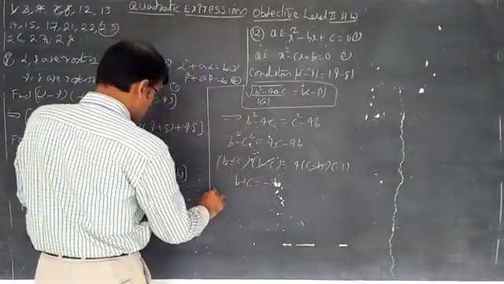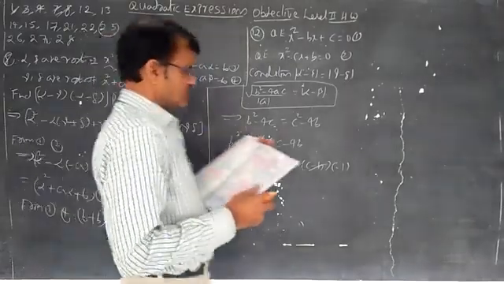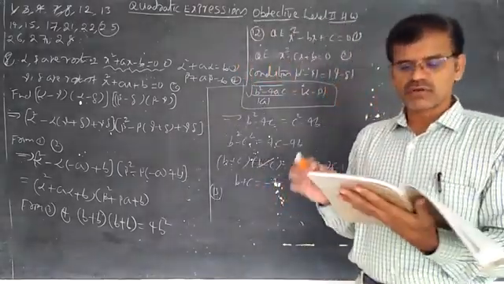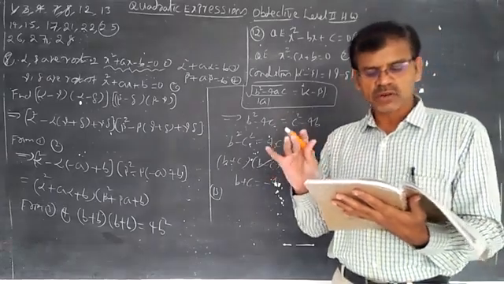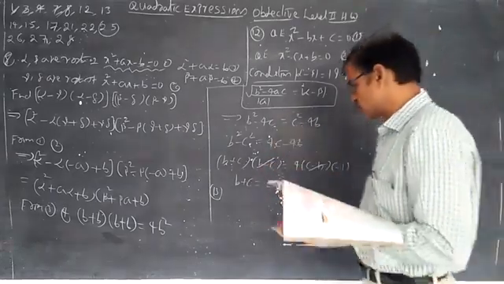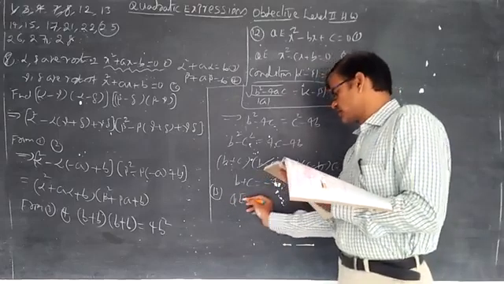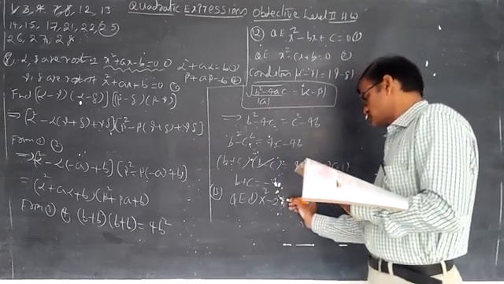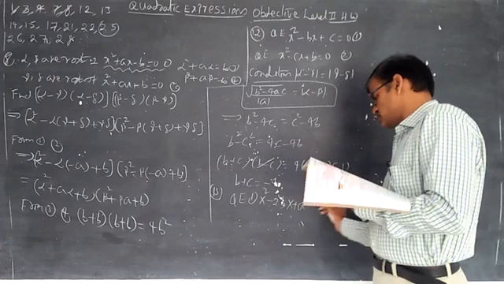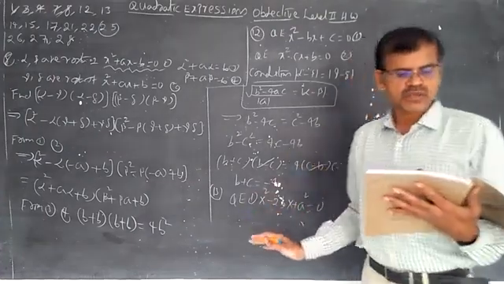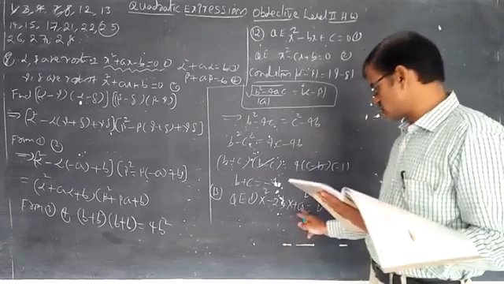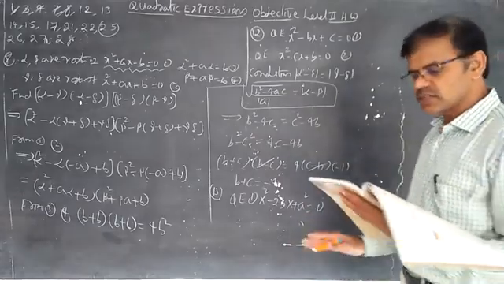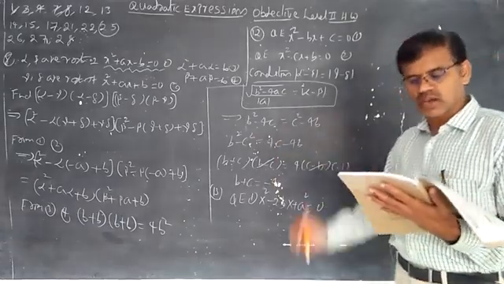Now the 13th question. Just read the question carefully, then automatically you can understand it. Which of the following means of the roots of this equation? First you write QE1: x square minus 2bx plus a square. The roots of this equation become the AM of another equation's roots. So what is the mean of these roots?